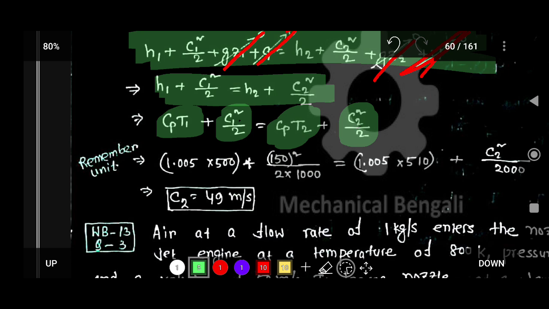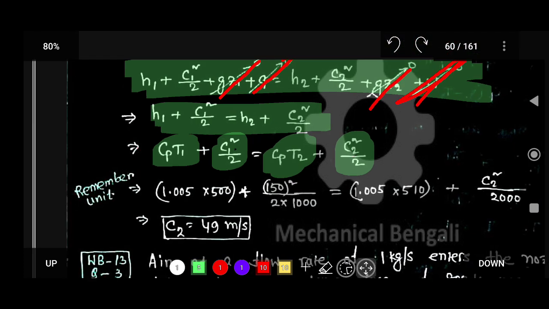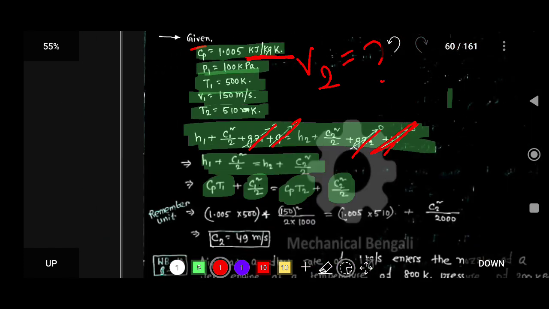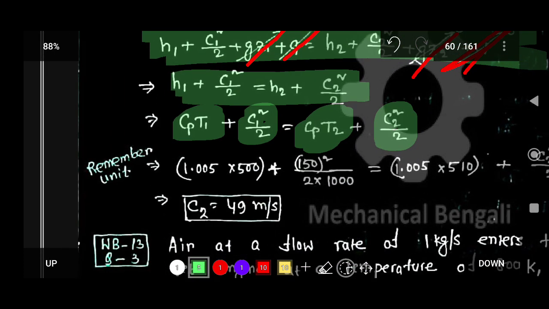Now the Cp value in the question is 1.005 kilojoule per kg Kelvin, so this is in kilojoule. So just put the value Cp equal to 1.005, and initial temperature is 500 Kelvin,